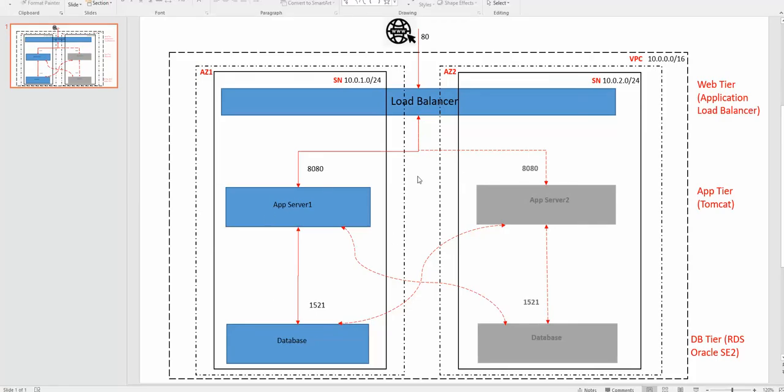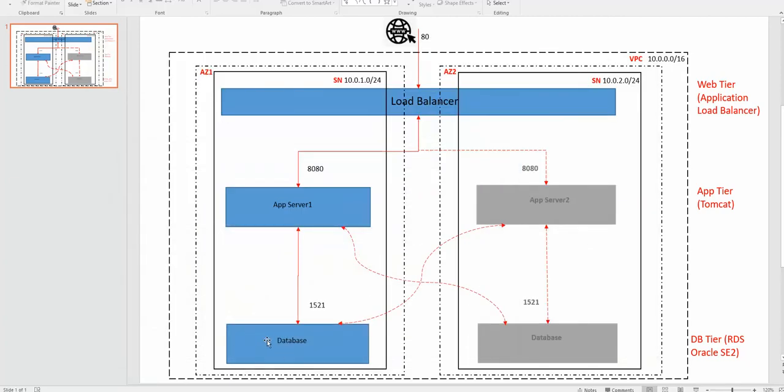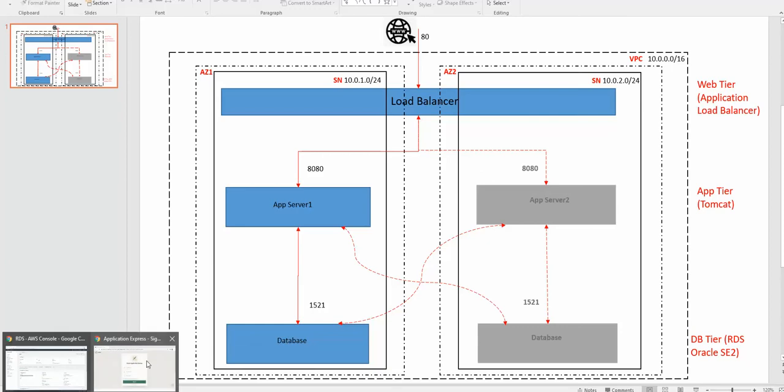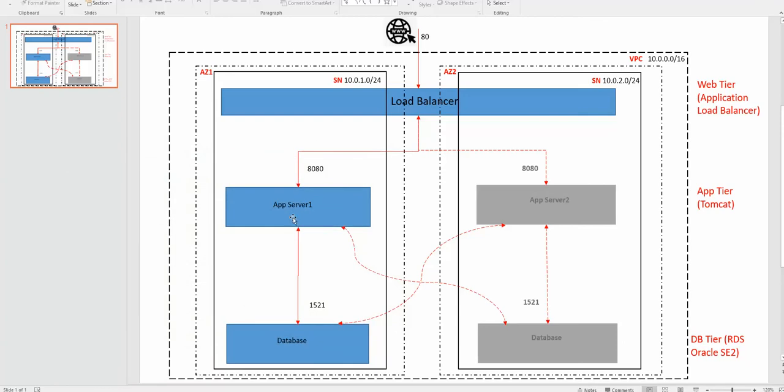Database, app servers are done, right? But if you look at it, the database right now, whatever status we are in, has internet connectivity. That's the reason why we are able to connect through MySQL Developer from outside. And the app server also has internet connectivity. That's the reason why we are able to reach from the internet over 8080, which is not a good practice, right? Because these two things need to be protected.